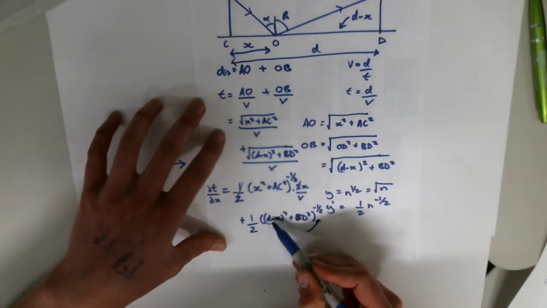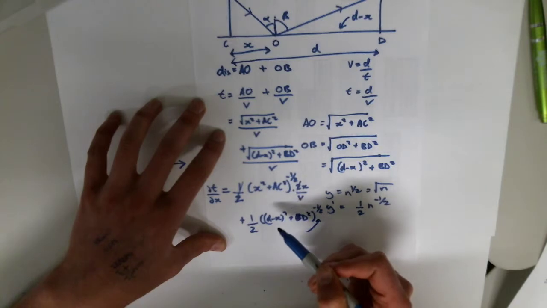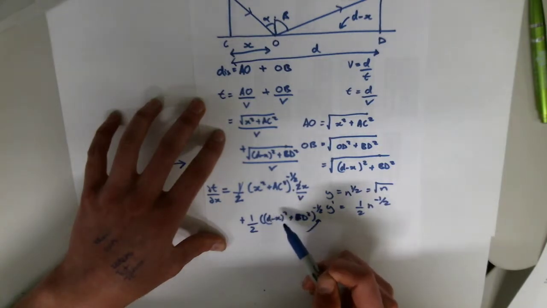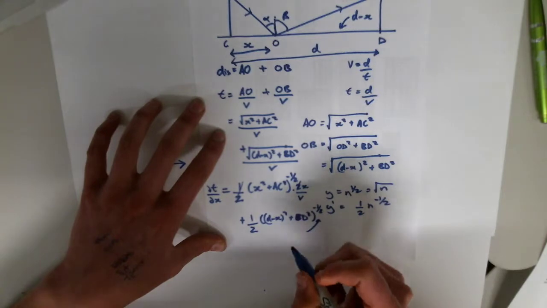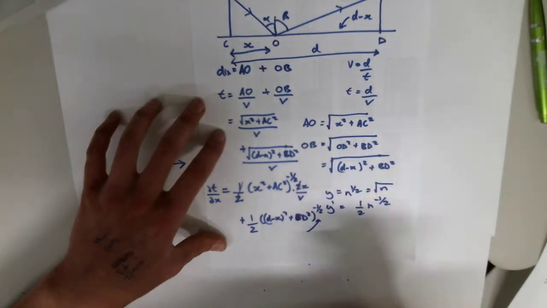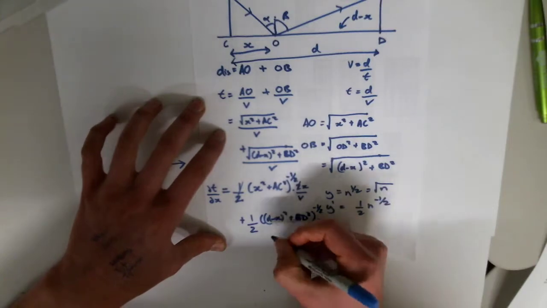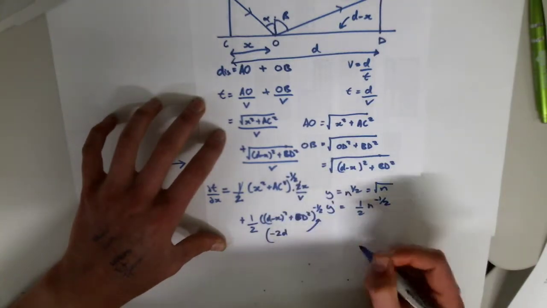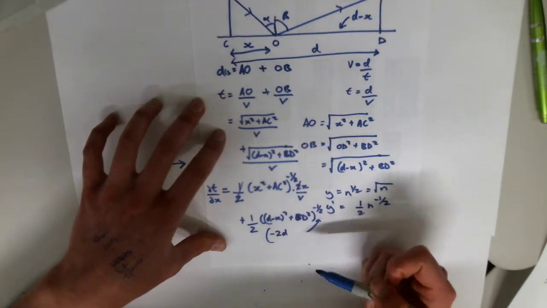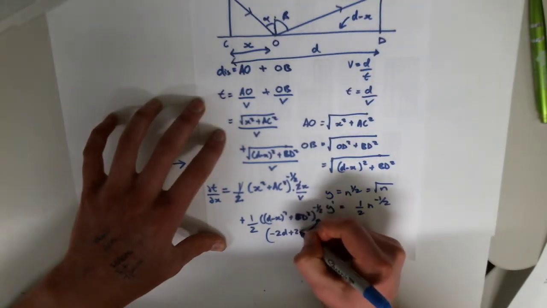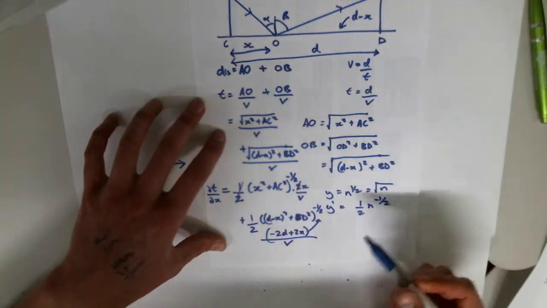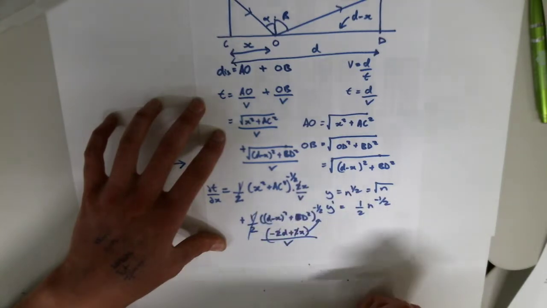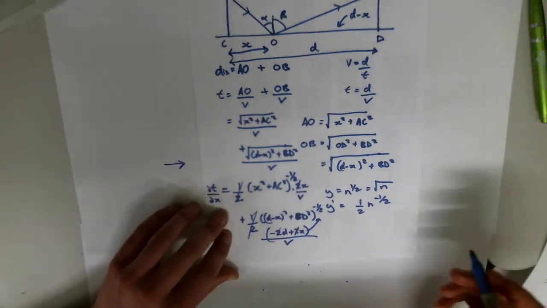If you can imagine expanding this out, you'd have d squared minus 2dx plus x squared. That's what the expansion of that is. And when we take the derivative of that, the d squared term disappears because it's a constant. The minus 2dx term becomes minus 2d, and the x squared term becomes plus 2x, all over v. So now we can see that these 2's will cancel, and we are going to be left with